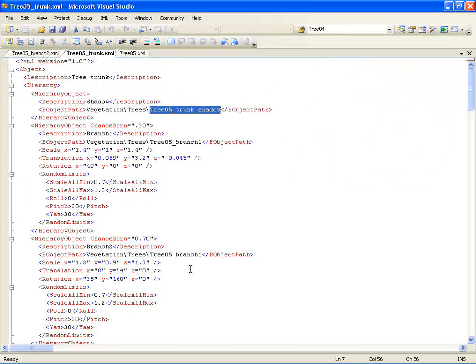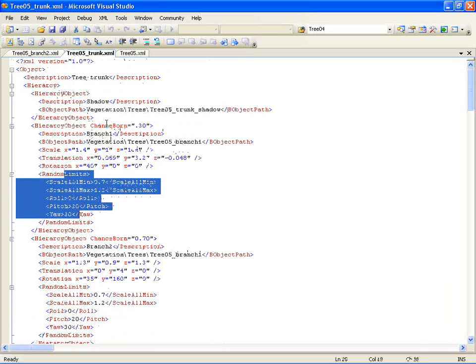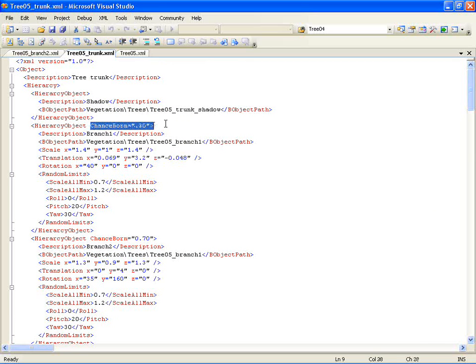So getting back to the XML, you can see that the trunk here has one shadow object, which is always created, and then a number of these branches, all being the same branch, just at different scales, different positions, different rotations, and with randomness applied. Each of them has a percentage that they might get born. This one has a 30% chance of being added to any given tree, and it all adds up to good